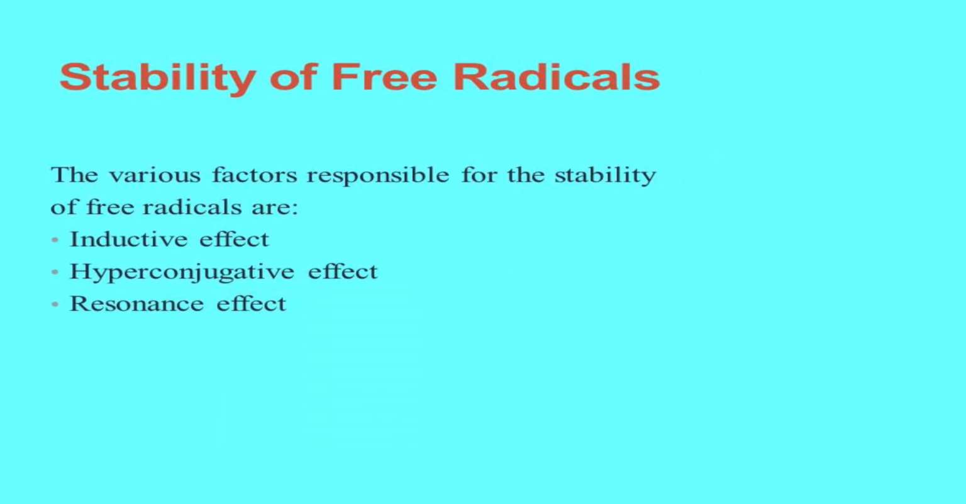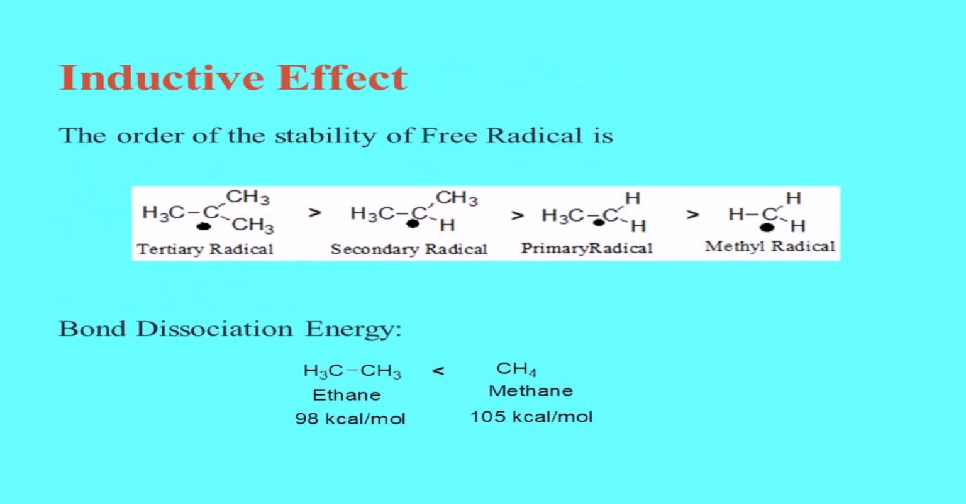Stability of free radicals. The various factors responsible for the stability of free radicals are inductive effect, hyperconjugative effect, and resonance effect. Inductive effect. The stability of a free radical increases with the number of alkyl groups attached to the carbon center. This is attributed to the electron-donating inductive effect of alkyl groups, which helps to reduce the electron